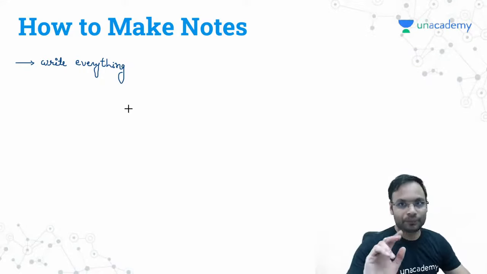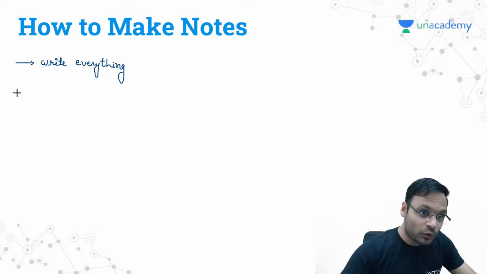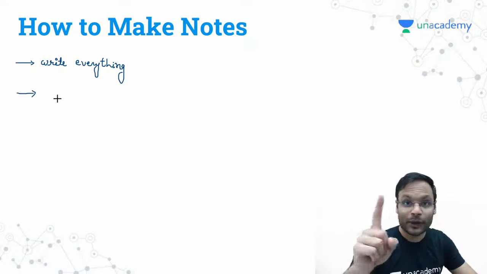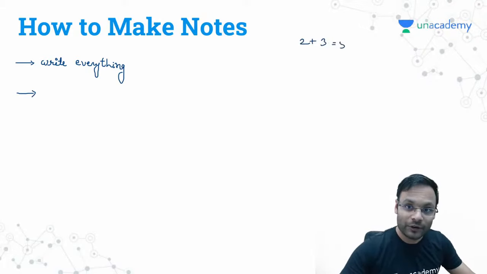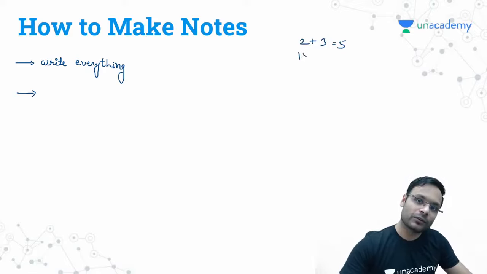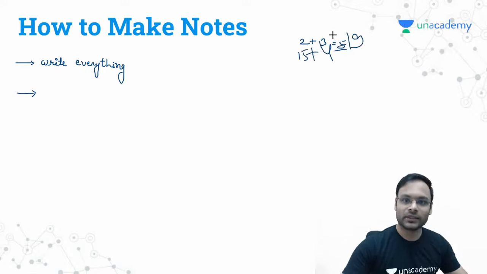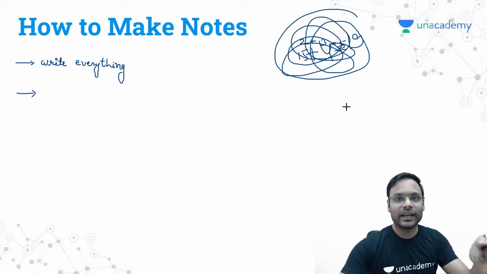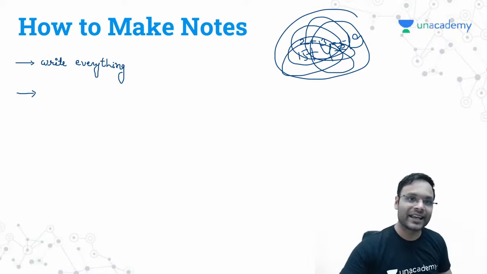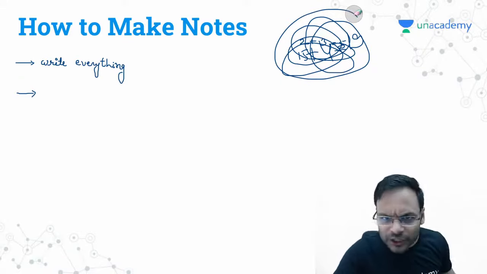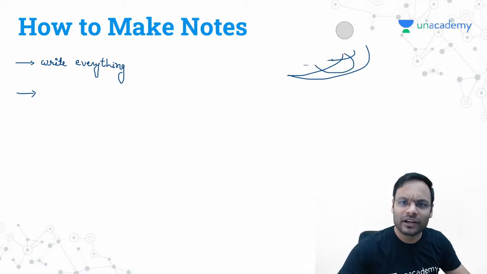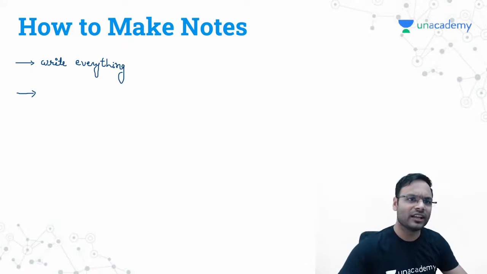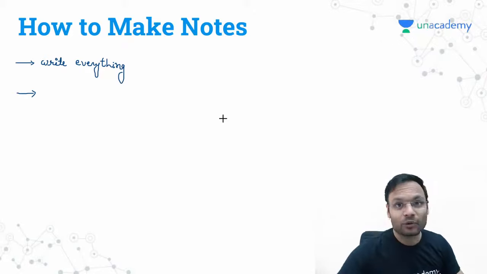Write everything. Second thing, now people used to solve the questions. Of course, you practice the questions, yes or no. Now you practice a question like this: 2 plus 3 is equal to 5. You have solved one question here, and over there also 15 plus 4 is equal to 19. And in this much area only, you will solve 15 questions and their calculations. After 2 months, you check where the solution of this question is, and you check in this particular area. You don't find those numbers at all. Why? Just because every number is overwriting the other answers. You don't have to do that.